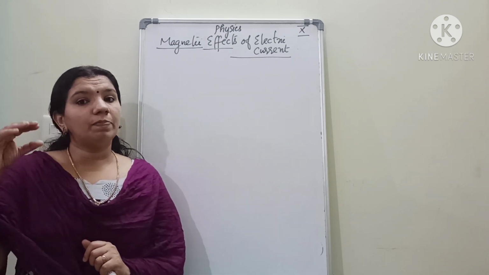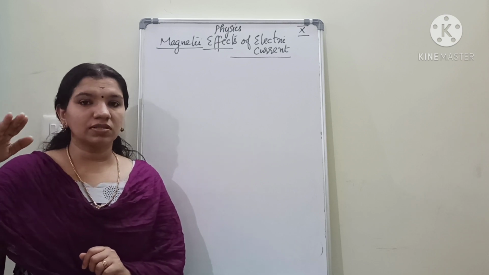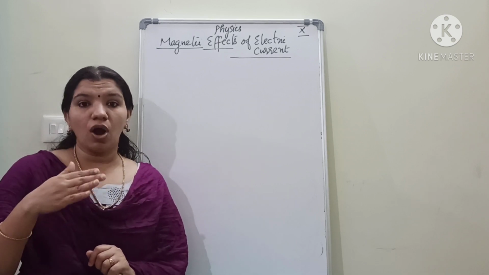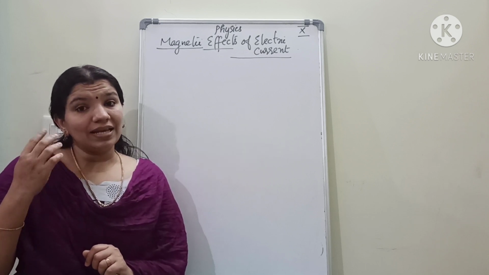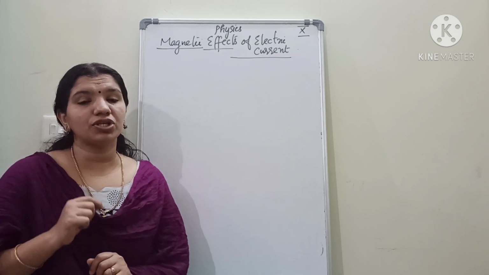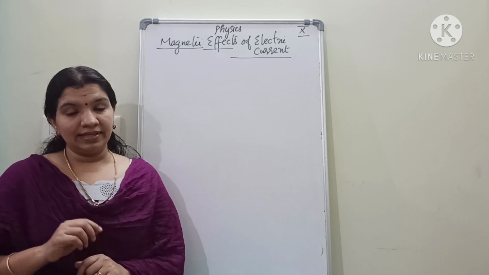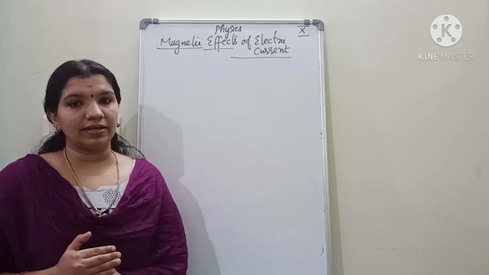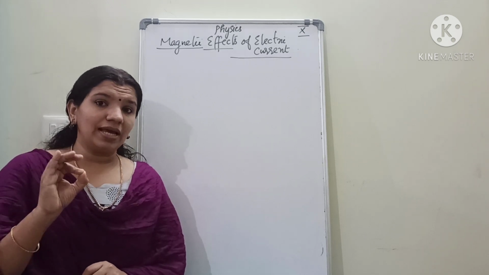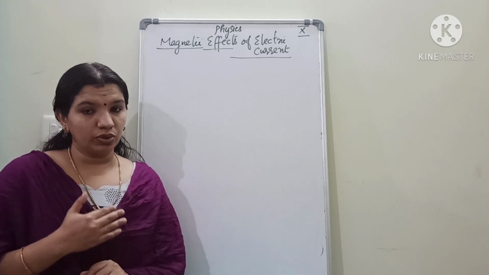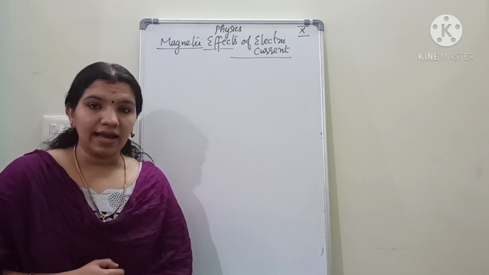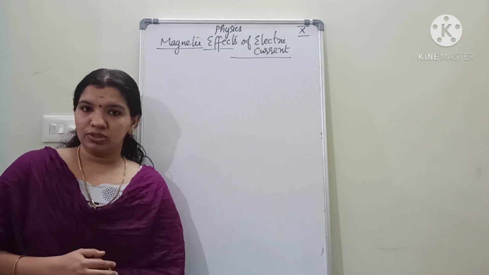Clear? Then we will place a compass needle above this copper wire, as we did in the Oersted experiment, and we can see if there is any change in the deflection of the compass needle. That is, when we reverse the direction of electric current, is there any change in the deflection of the compass needle? That is what we are noting with the help of an activity. So let us move to the activity.